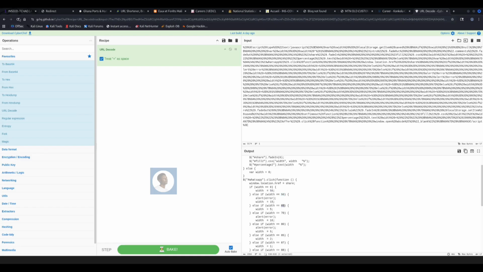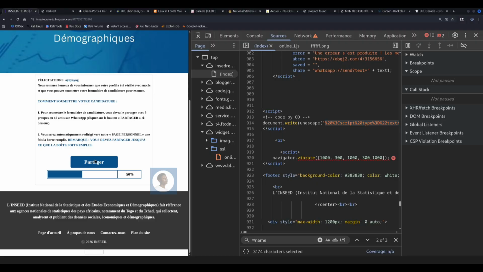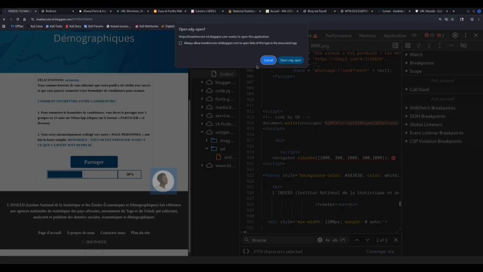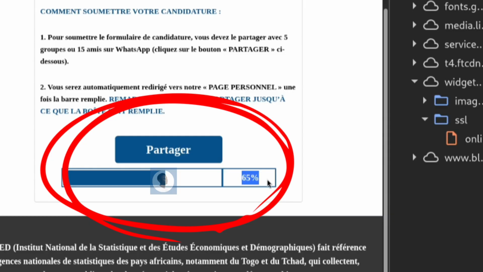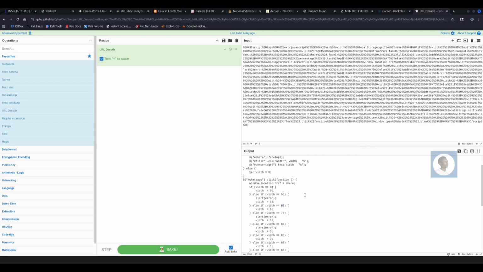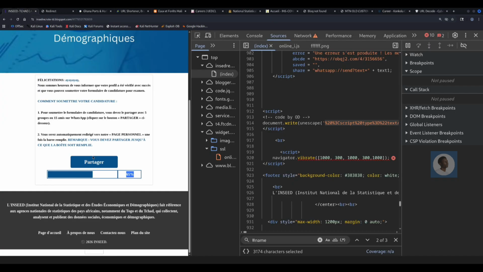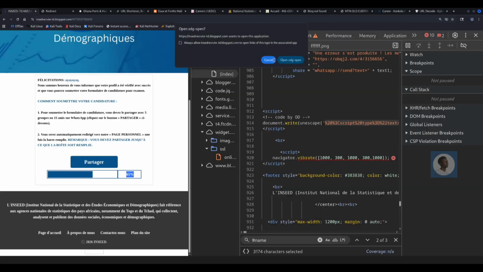Let's try that and see. Within this page, I'll hit it again. Then I'm not going to open, I'll just cancel it. You can see that it shifted to 65. So all this has been hard coded, but obfuscated in a way that you wouldn't realize it if you are going through the script. It wouldn't be visible to the bare eye, right? So I'm going to follow them.